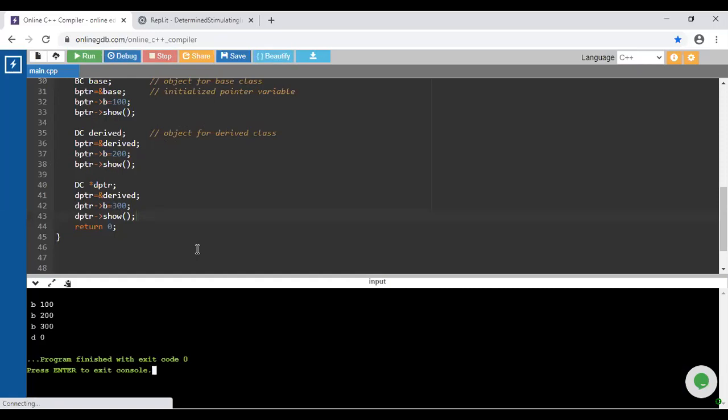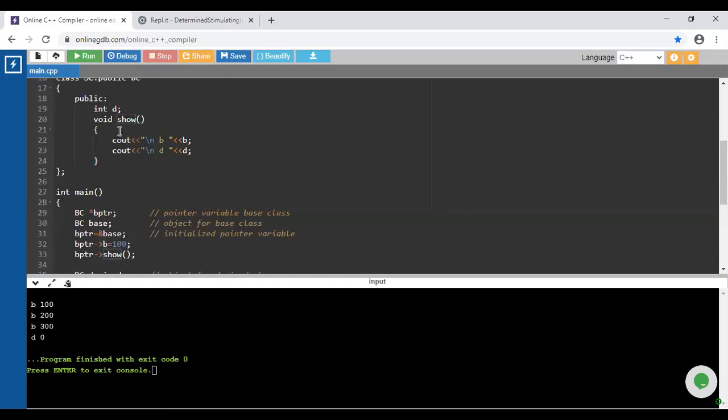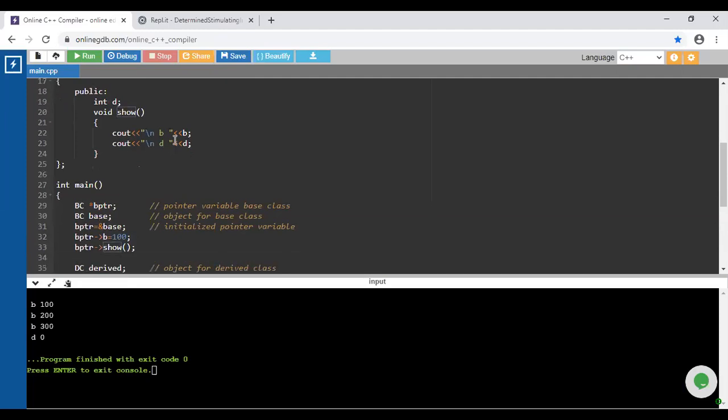It is executed. Why? With the help of the derived pointer, we can initialize the variable which is available inside the base class. The method which is called is the one inside the derived class. For b it shows the new updated value 300, and for d it is 0.